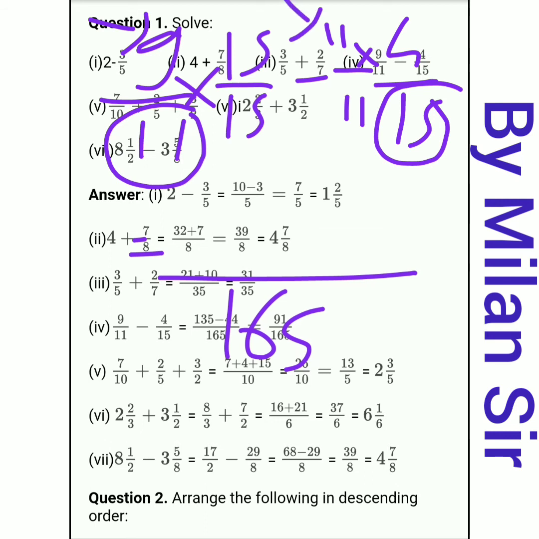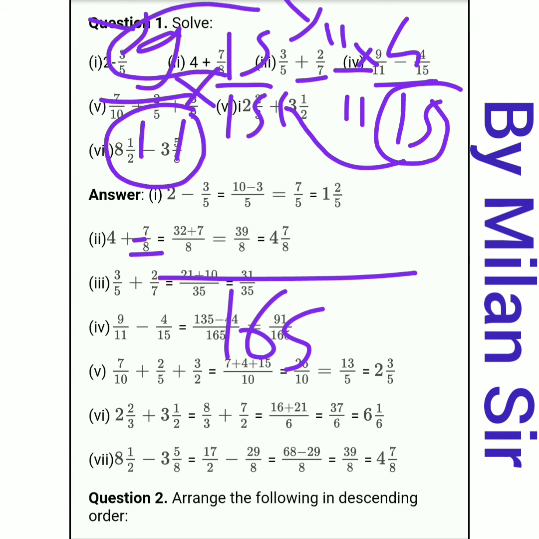Okay. If you don't know the LCM, then you can use this method. You need to do cross multiplication here. In the second term we have denominator 15, so just multiply and divide our first term with 15, and in the first term we have denominator 11, so we need to multiply and divide our second term with 11. Okay.